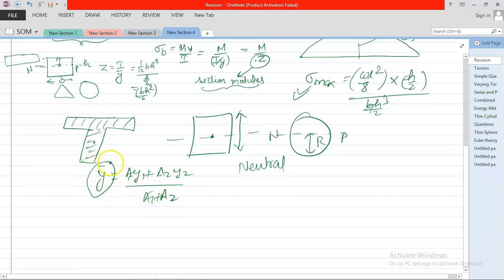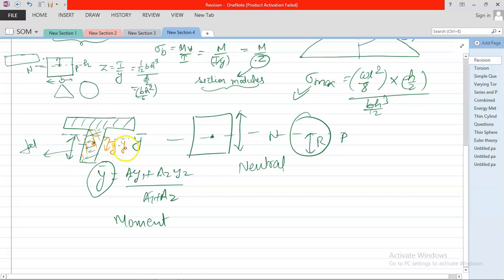Now this y bar you take and obtain the moment of inertia about that line. Suppose this is your y bar, this is your y bar from the base. Take this plane and obtain the moment of inertia of the body. For this figure, this is your center of gravity and this is your y bar. So this distance is